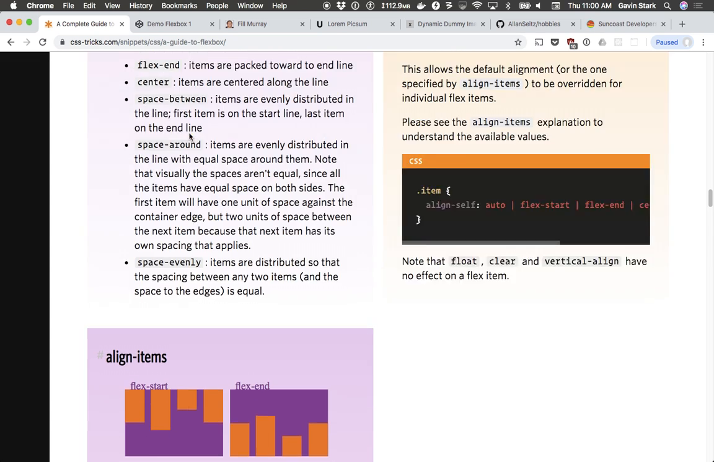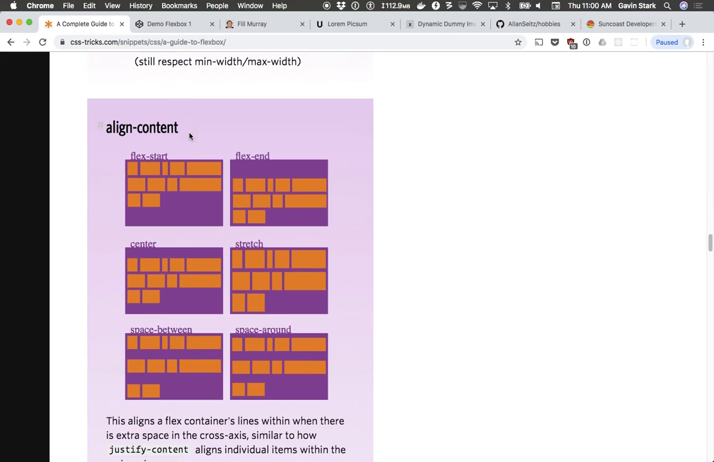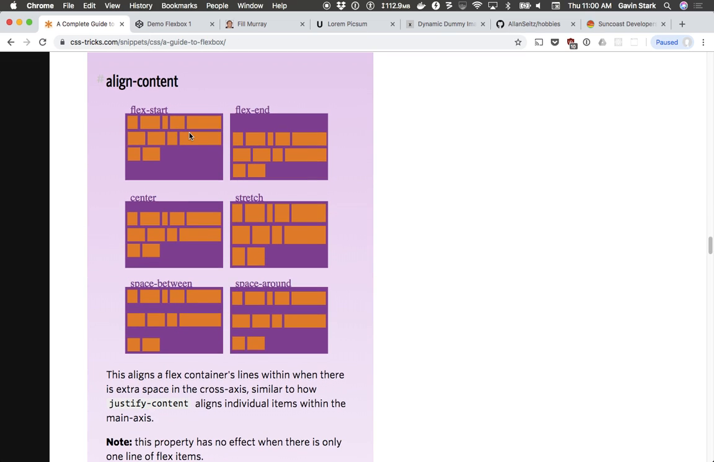So here's our align content. Did we do align content? We did justify content. Okay. So align content is how we treat the entire set of content, right? Flex start, flex end,